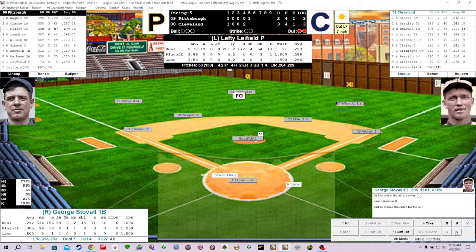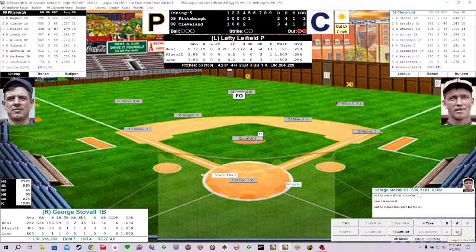So World's Worst Gamer is absolutely right as far as caught stealing, which is a little frustrating. I know what Action PC does is, for the dead ball era and the 19th century, there's an algorithm built into the game, because we see that with the 1885 Chicago White Stockings. They're stealing, even though their stolen bases show 0. So, a lot going on under the hood here, that's for sure.